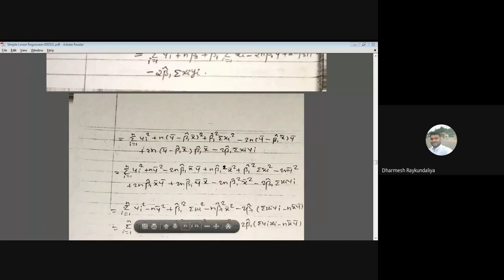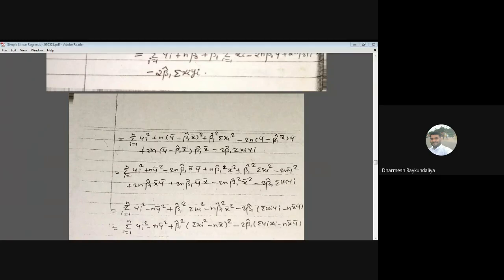So this is the summation y square, this n y bar, यहाँ पे है, इसका क्या होगा y बार स्क्वायर माइनस 2 टाइम y बार बीटा 1 कैप x बार y बार प्लस x दिस स्क्वायर, तो y बार स्क्वायर यहाँ पे आ गया माइनस 2 टाइम n बीटा 1 कैप x बार y बार प्लस n बीटा 1 कैप स्क्वायर x बार स्क्वायर, बीटा 1 कैप समेशन xi स्क्वायर माइनस 2n, this is y bar square, and minus minus